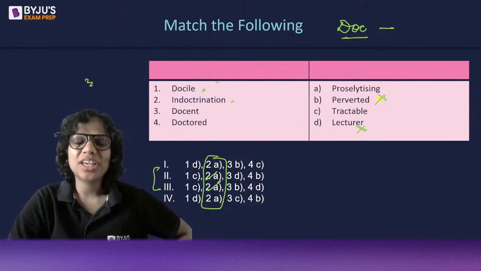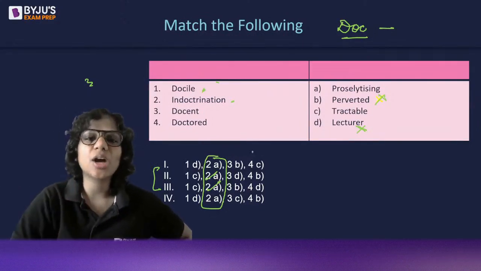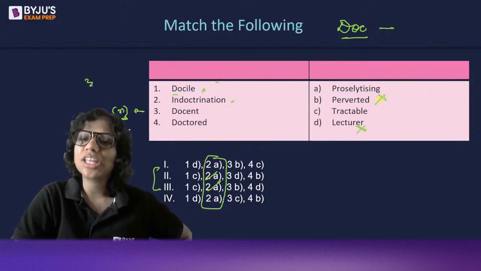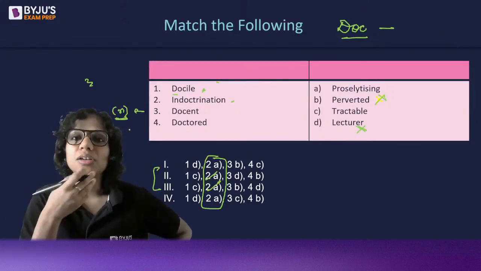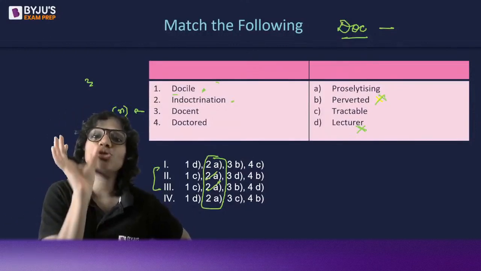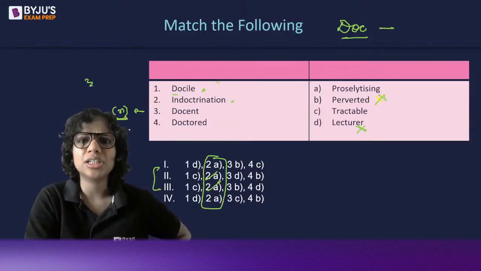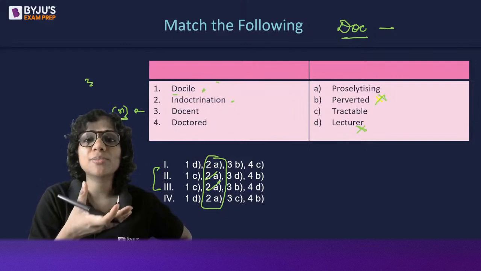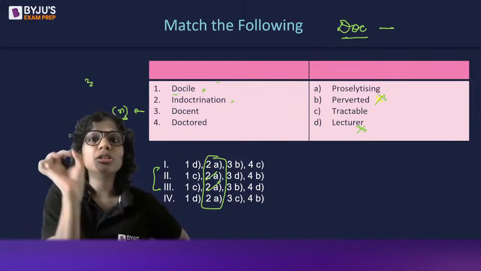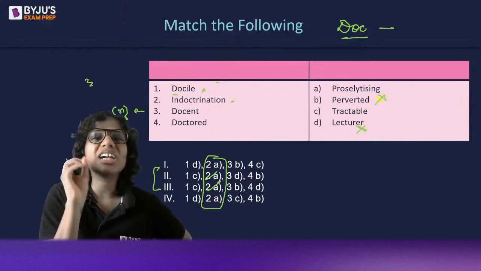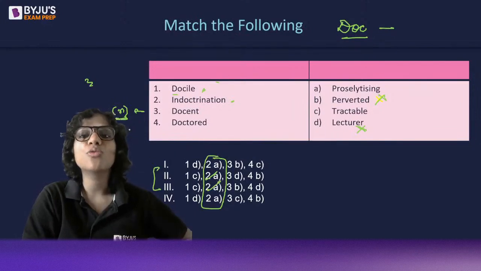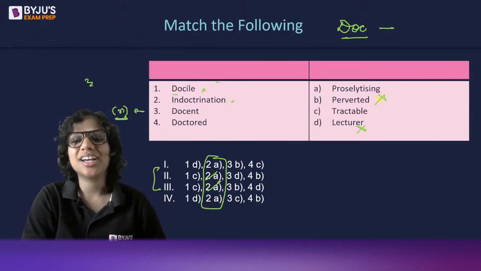Docent. Okay, who is a docent? It's a noun actually. Usually your junior lecturers, your ad hoc lecturers, they are called docents. So 3 is D. And 4, therefore, doctored tapes, right? This issue has come up a lot, that their photograph was doctored. So this happened recently. So the sports persons who were protesting, their photograph was doctored to show that they were smiling when they were not smiling in reality. So doctored is when you make changes to something, when you in a way adulterate it, right? When you in a way pervert it. Perverted is something that's impure. So 4 is B. And that's why 2 is our answer.